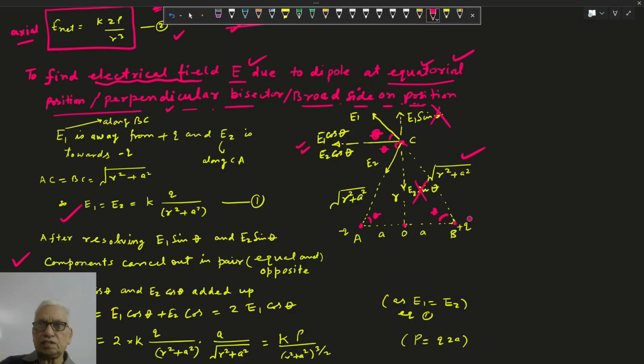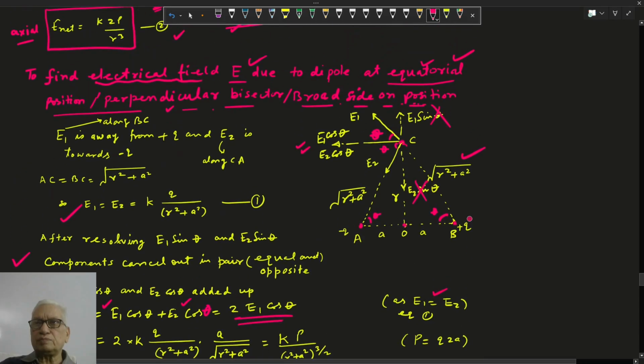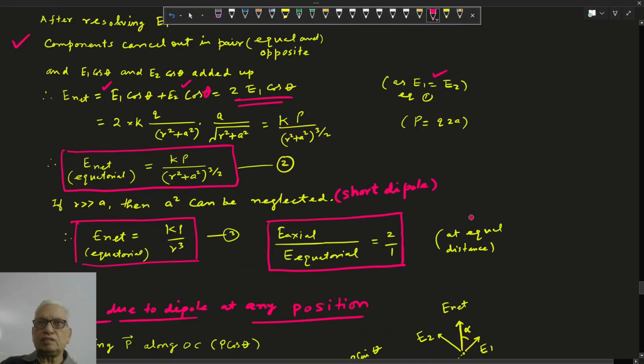इसको दोनों को ऐड कर दिया क्योंकि दोनों एक सेम डायरेक्शन है, तो नेट फील्ड विल बी E1 cos theta प्लस E2 cos theta। E1, E2 की न्यूमेरिकल वैल्यू सेम होने से हमने इसको 2E1 cos theta, 2E1 की न्यूमेरिकल वैल्यू ये है गिवन बाय इक्वेशन 1, KQ upon (R स्क्वायर प्लस A स्क्वायर), cos theta हो जाएगा बेस अपॉन हाइपोटेन्यूज, A अपॉन रूट (A स्क्वायर प्लस R स्क्वायर)। ये पुट कर दिया हमने cos theta की वैल्यू, तो जाएगा K 2Q, Q इंटू 2A की जगह P, (R स्क्वायर प्लस A स्क्वायर) पावर 1 प्लस हाफ 3/2,